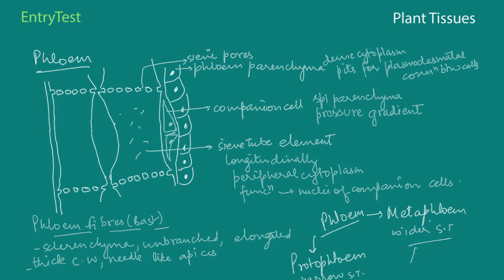What we have covered in this video is the basics of the tissues that are there in plants. We've done the simple tissue, that is the meristematic, where cell division still takes place. We've discussed the apical meristem, the intercalary meristem, and even the secondary meristematic tissue. And under permanent, we've done xylem and phloem that are part of the complex tissues, and under simple, we've done parenchyma, collenchyma, and sclerenchyma.